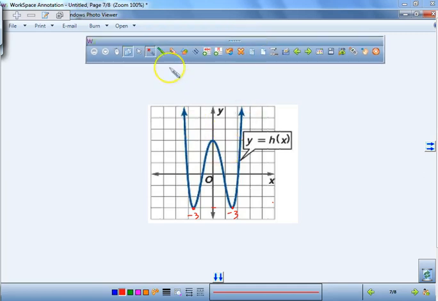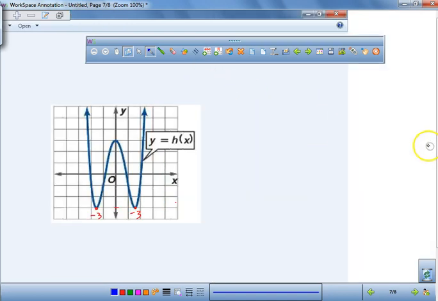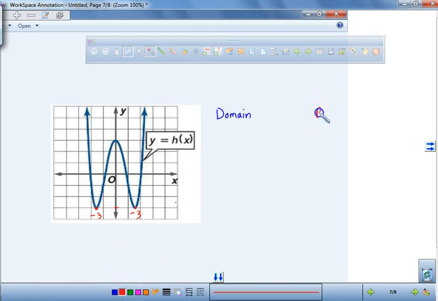All right, so today what we're going to be talking about is how to write domain and range, how to look at it and how to write it. So if you would please pause the video if you're watching this and draw this function right here. It's a quartic function, but draw it. So you can pause the video. We're going to talk about domain, and then we're also going to be talking about how to write the range